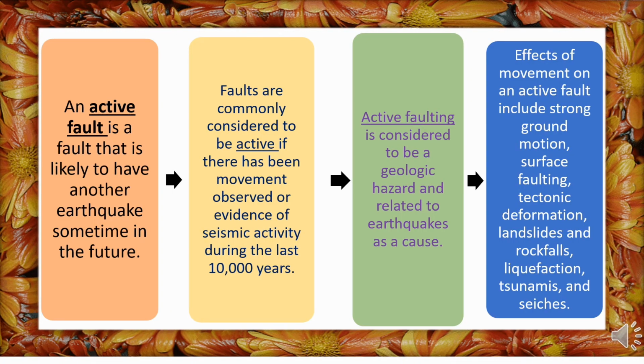An active fault is a fault that is likely to have another earthquake sometime in the future. Faults are commonly considered to be active if there has been movement observed or evidence of seismic activity during the last 10,000 years. Active faulting is considered to be a geologic hazard and related to earthquakes as a cause. Effects of movement on an active fault include strong ground motion, surface faulting, tectonic deformation, landslides and rockfalls, liquefaction, tsunamis,